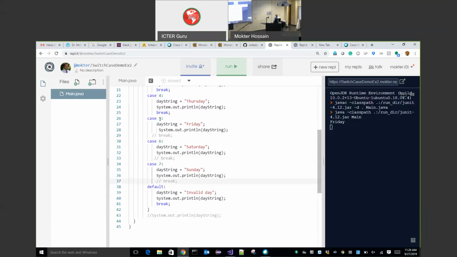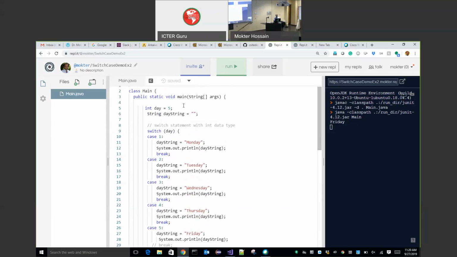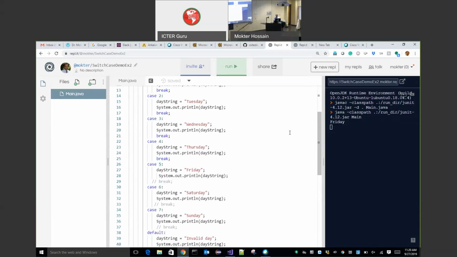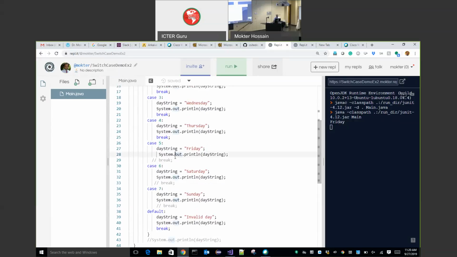Case 5 means day equal to 5, case 6 means day equal to 6, case 7 means day equal to 7, and default is invalid. Here I straightforwardly set day equal to 5. Can anyone please tell me what will be the output from this program if I run it?